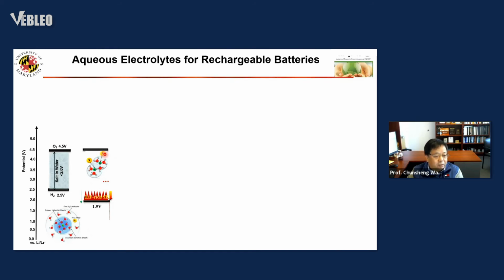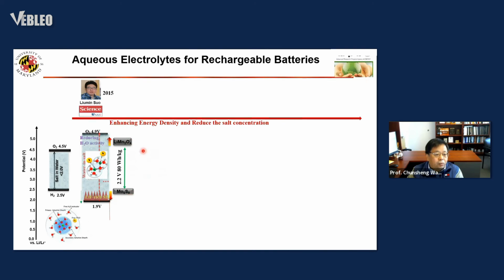They absorb on the surface and block the water on the cathode side, and then they reduce the capability to oxidize into oxygen. Then we form a 3 volt window. We demonstrate using MMO and MOS, and we also try to further increase the energy density by using a high capacity air cathode and a zinc anode to replace MS, and we can get a really stable zinc air battery because